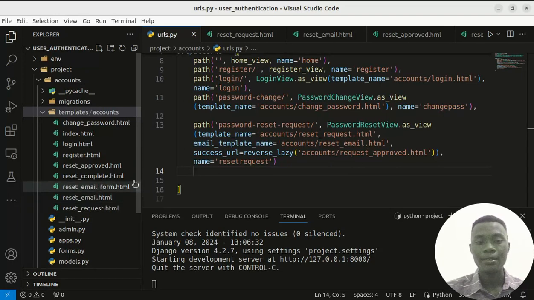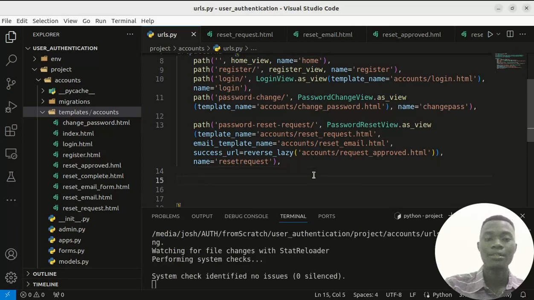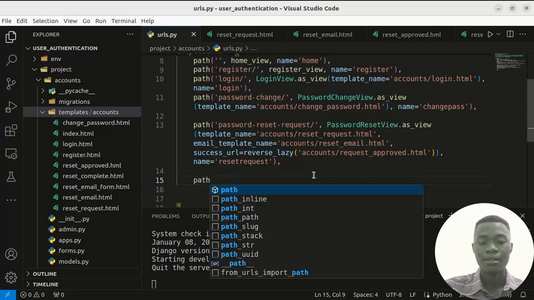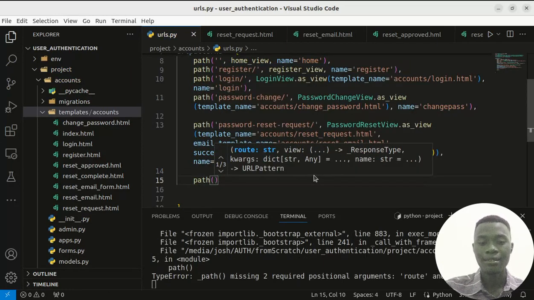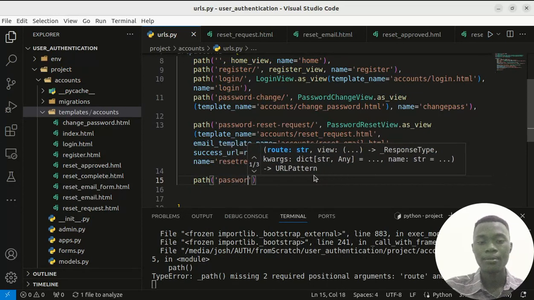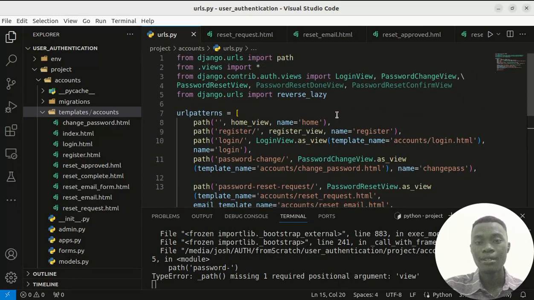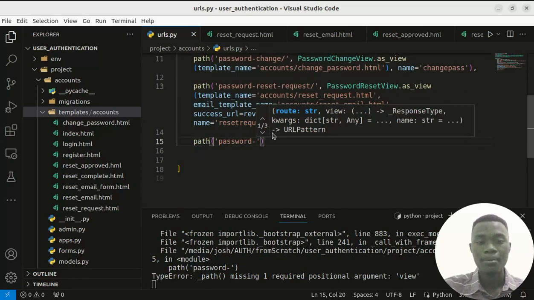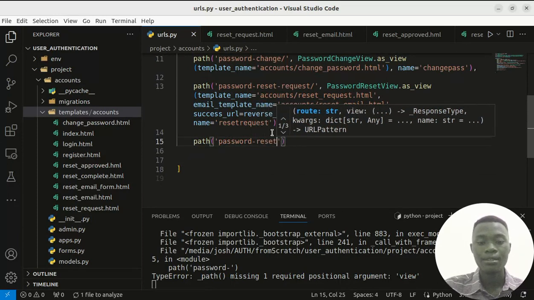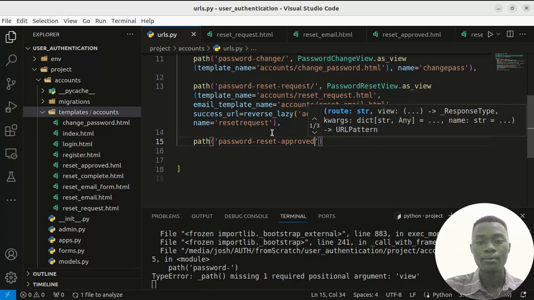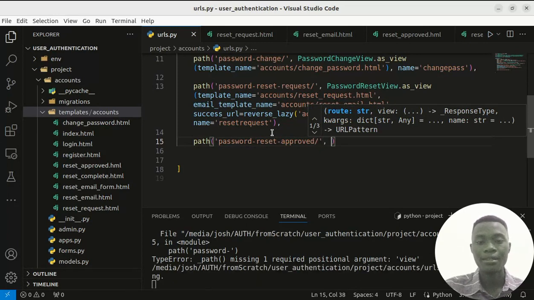But then the email is sent having the other ID, the user ID, and also the token. So I should generate them from somewhere. So before trying out other things, I will say password, which is got from password reset done view. So password, I will say reset approved. I will call it that name, you can call it anything. Then I say